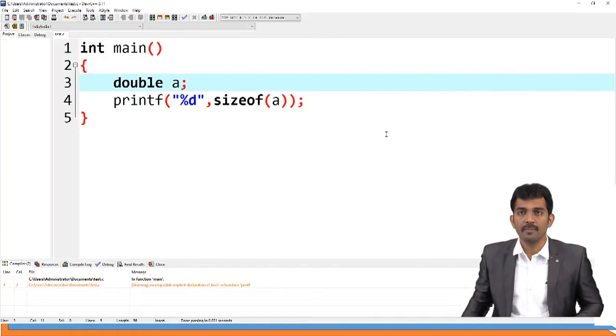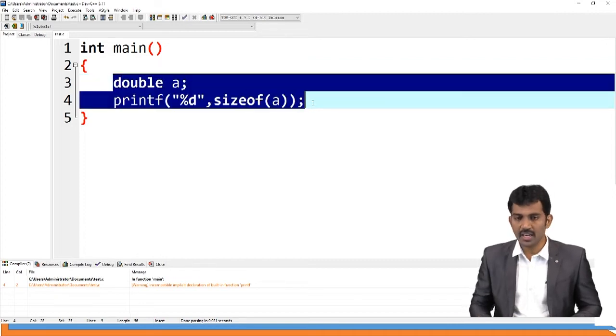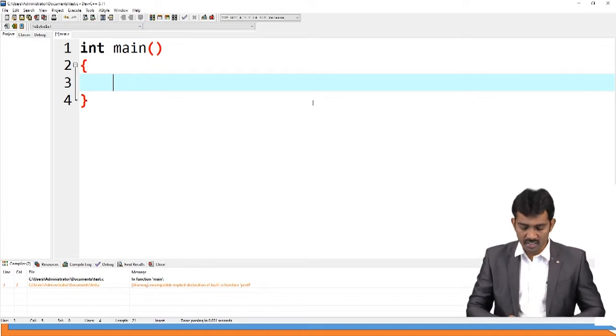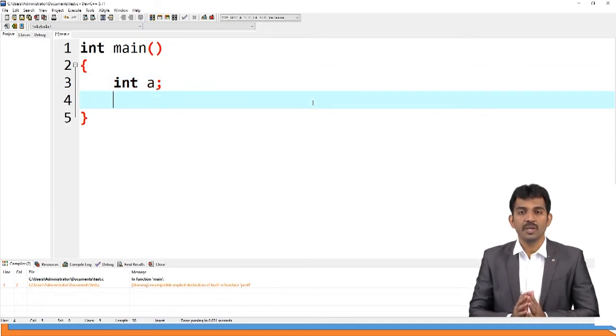So this is a small program. For example, here my task is to read an integer and print the integer. Read and print. That is my task. A simple program to read and print the integer data. If you want to write an integer, first you should use the int data type, and you need to declare one variable. A is a variable. Remember, every statement ends with semicolon. That is very, very important. Every statement in your program ends with semicolon.